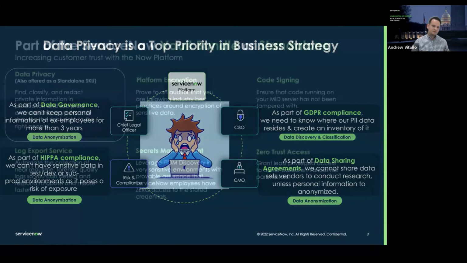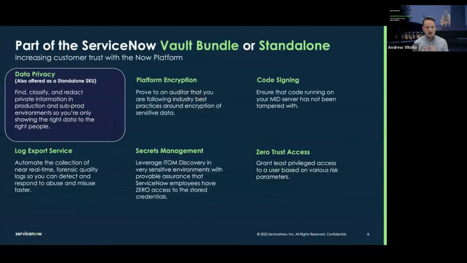Next, I'm going to talk about just a brief overview that data privacy is just one of the controls of a holistic need that our customers have for securing their data and their assets on the ServiceNow platform. So we're going to be talking about data privacy today, which is available as part of our Vault bundle, but it's also available as a standalone SKU.